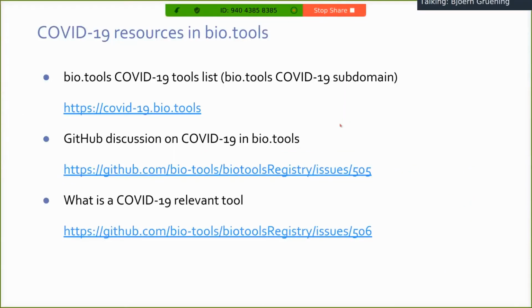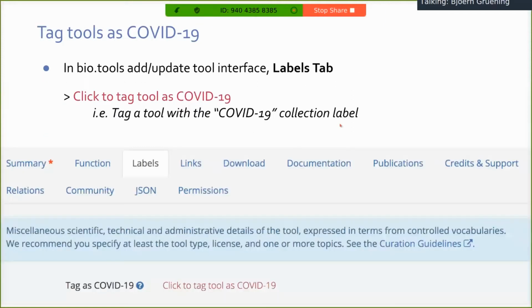So what was very interesting, but also very needed for us, was that we were going through all our tool catalogs and we're labeling tools with a COVID-19 tag. So we started this discussion on GitHub, and then we added support to bio.tools to tag tools with COVID-19 so that people can easily find it.